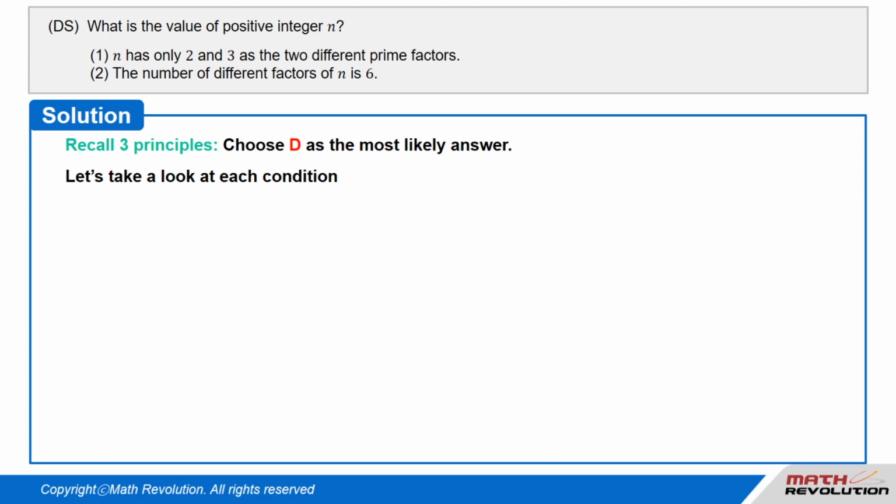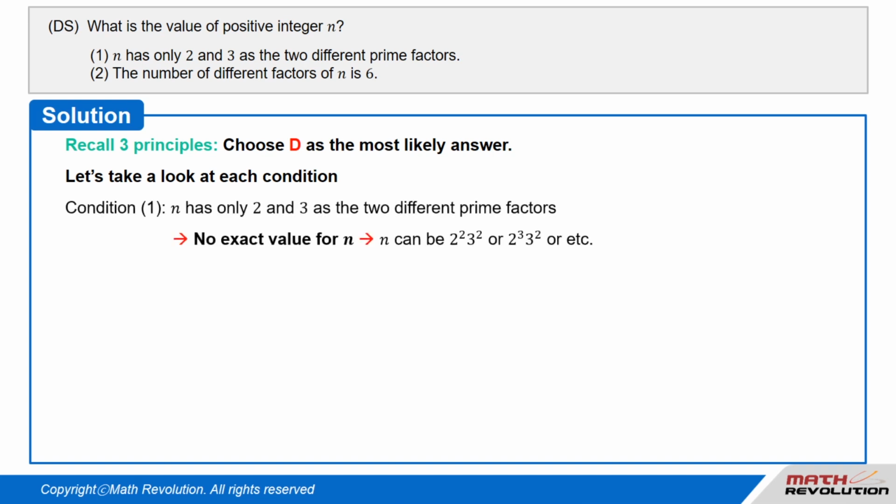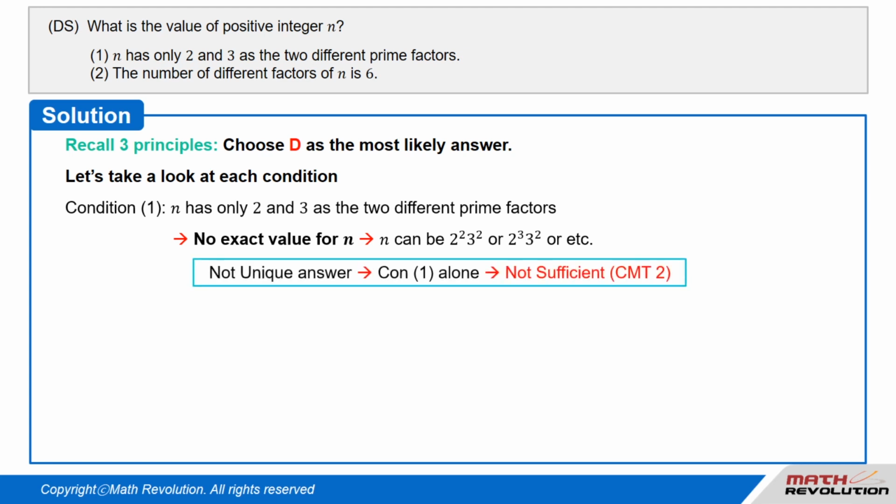Let us take a look at each condition for the information given. Condition 1 tells us that n has only 2 different prime factors, 2 and 3. We cannot find the exact value of n, as it can be 2 to the power of 2 times 3 to the power of 2, or 2 cubed times 3 squared, or something else. Thus, this condition has no unique answer and is not sufficient by CMT2, which states that the number of answers